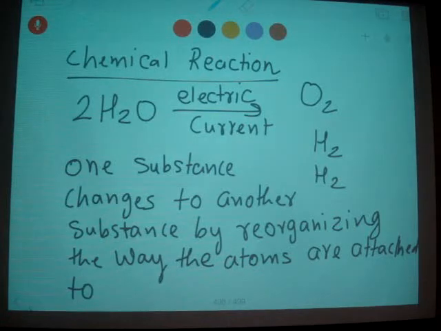That's where we can say a chemical reaction happens. Alright, so that's the fundamental part: atoms, compounds, chemical reactions. Alright, now we'll define